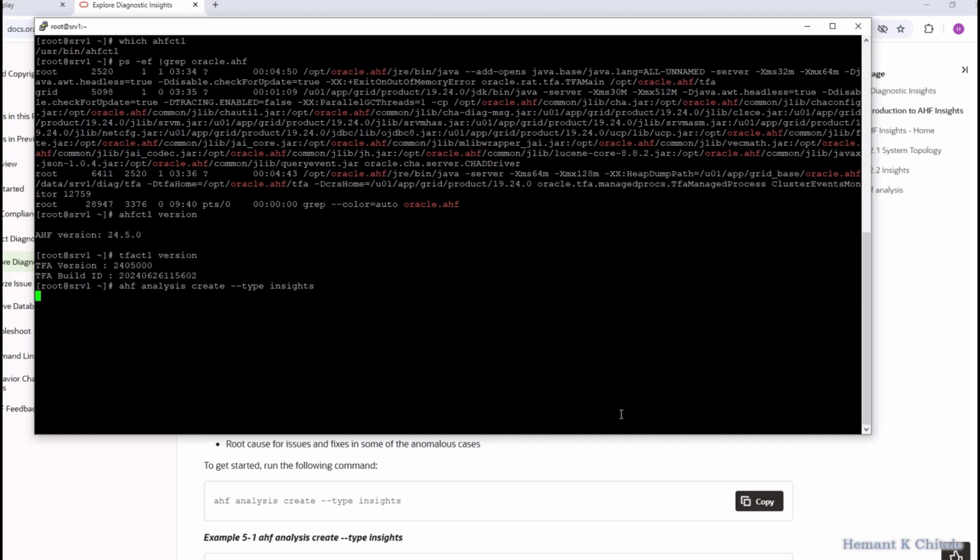If there's some information which is not collected, if it's the first time you're running it, it will give you a message saying it's collecting some compliance information because it has never been collected before. But this is the second or third time I'm running this, so it won't give that message, but it is collecting data for AHF Insights. Now this will take some time to collect. So I'll show you a report that I had already generated earlier